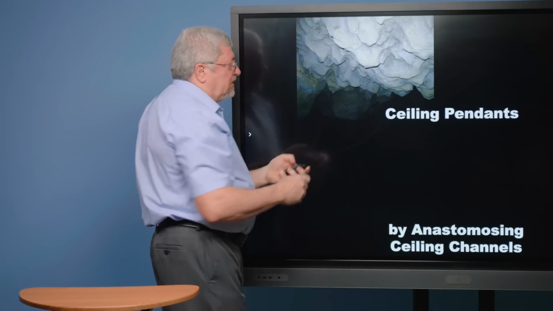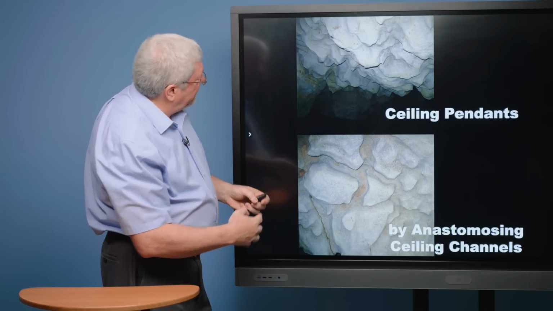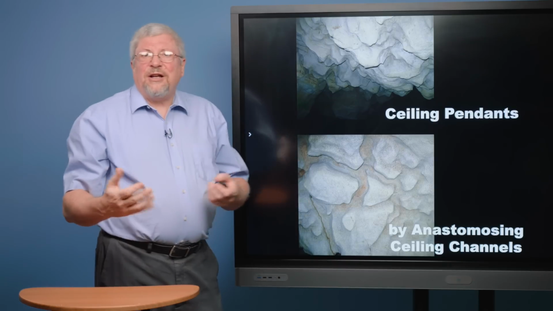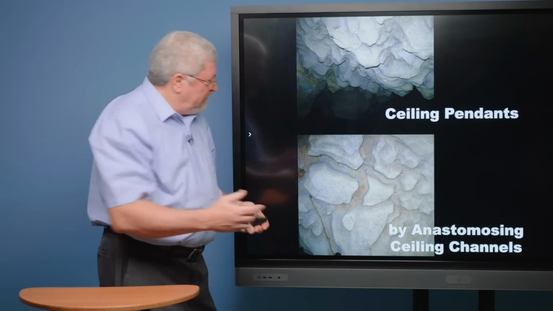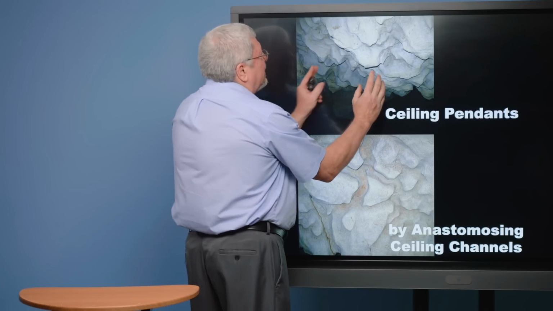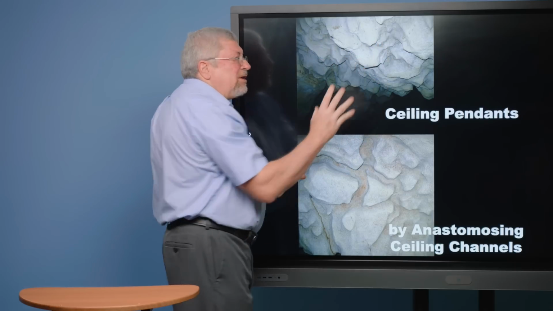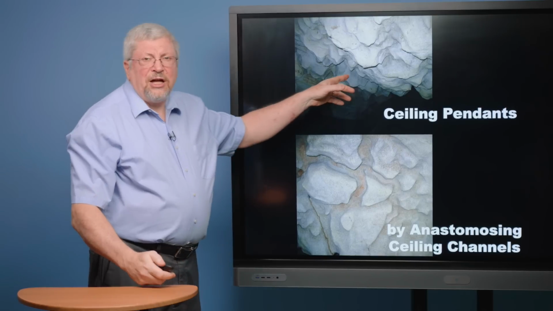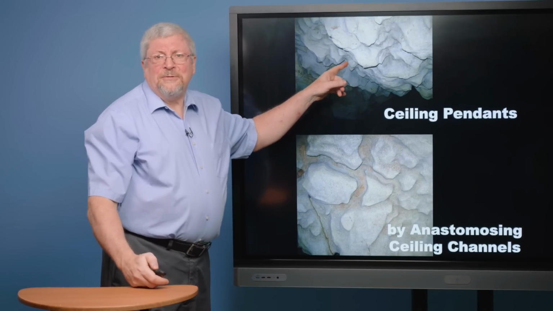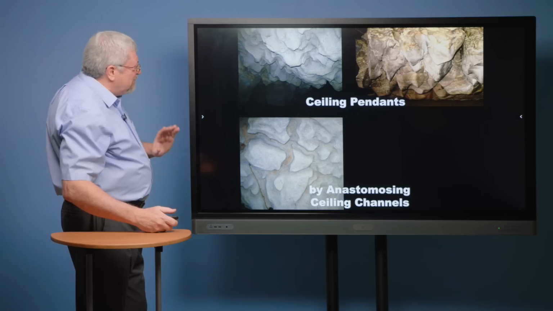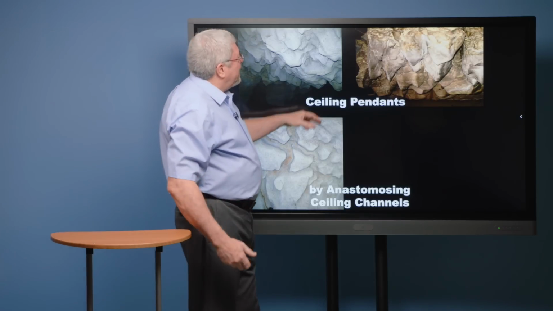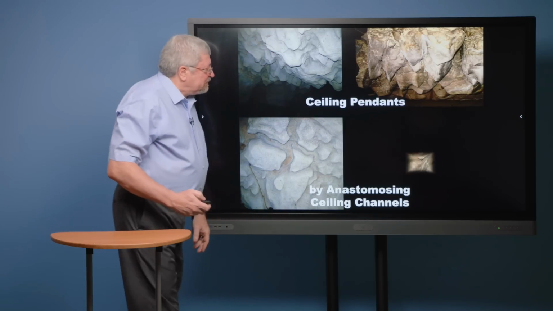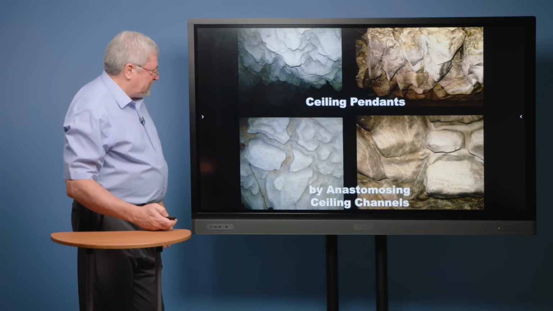Basically, if we look at it from directly underneath, you realize it's a whole bunch of these anastomosing river channels that leave these islands, and as the river channels get eroded deeper in, they leave these ceiling pendants behind, which, by the way, in a short cave is very painful, hitting these crazy things. I've done it many, many times, so I usually wear a helmet in the cave because of it. Yeah, they can be pretty pointed, all over the place in the cave.